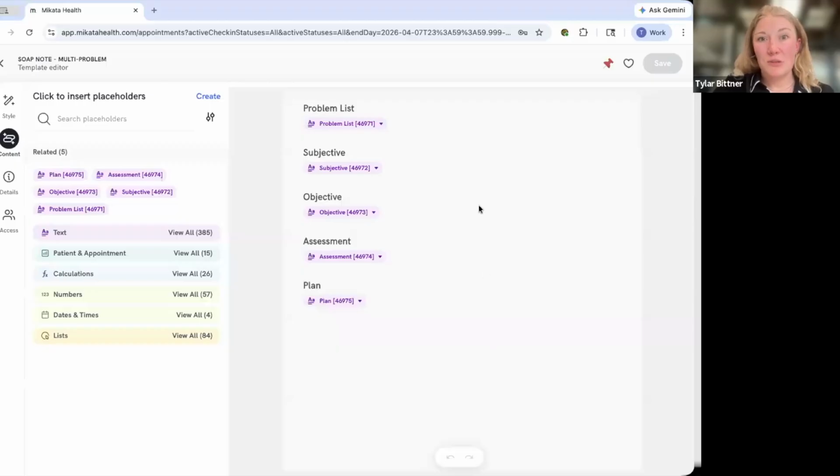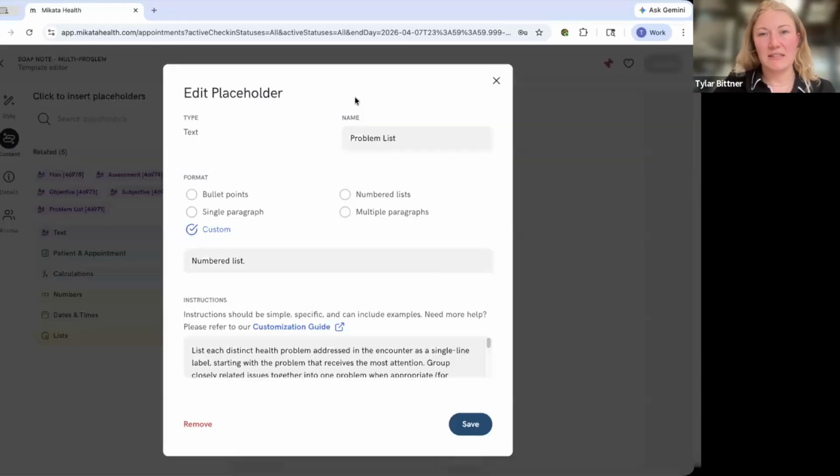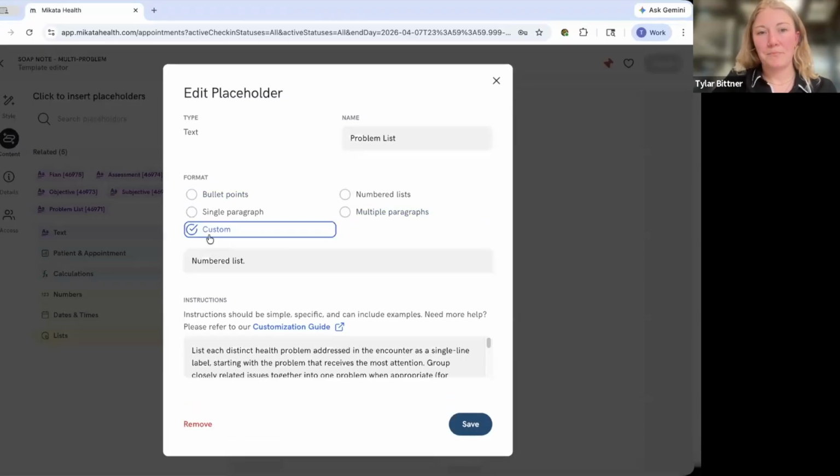What we can also do, which is new and exciting, is further customize these placeholders. So if we click into the Customize section, you can see that we're now able to change the format with a simple click of a button. You can change the name and customize the name if you wish.